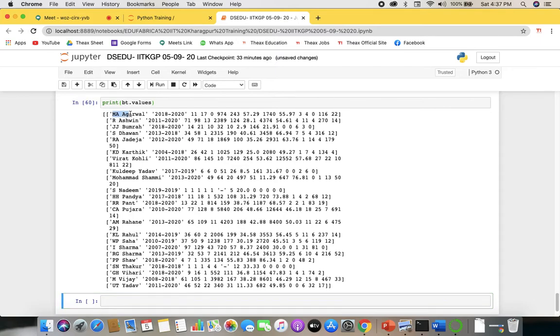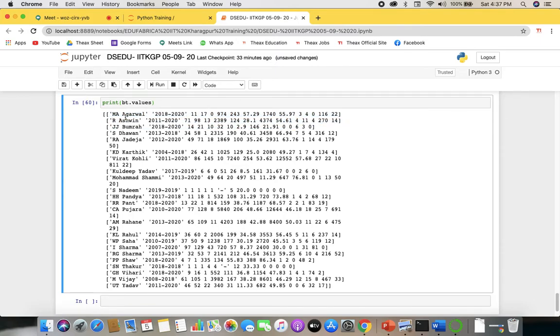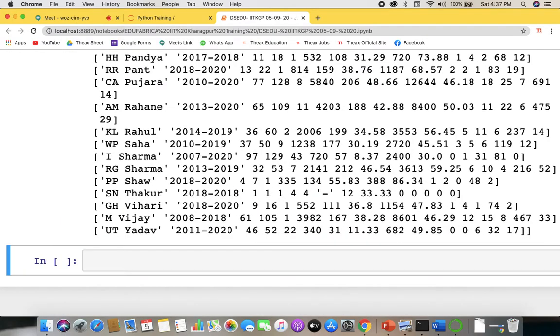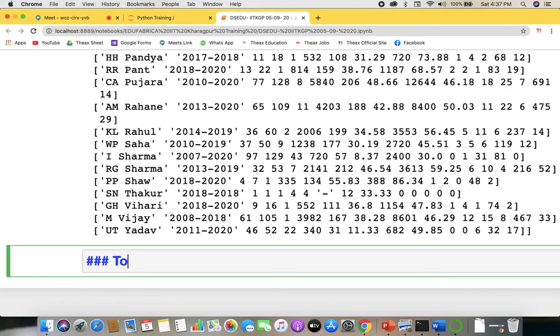So this M.A. Agrawal is having these values, R Ashwin is having these values, and so on. Everything would be displayed there respectively. So these are all the values. Now you can slice, you can use these things, right? To find if any null value exists in your data set, yesterday we did the same in the series, remember? So to look for the null values,